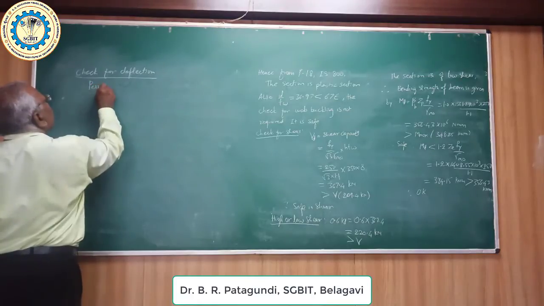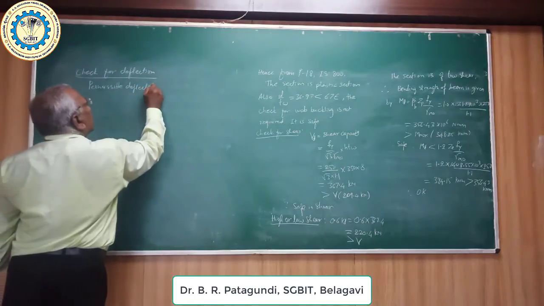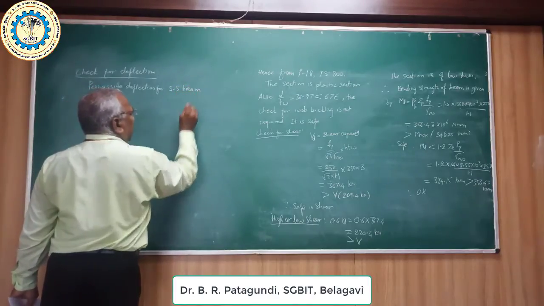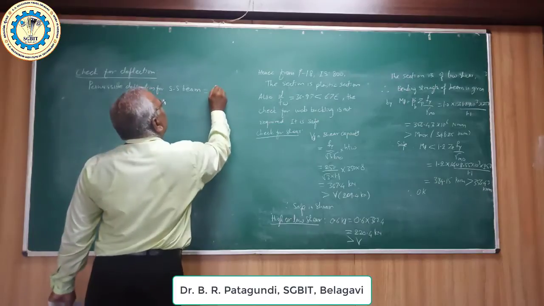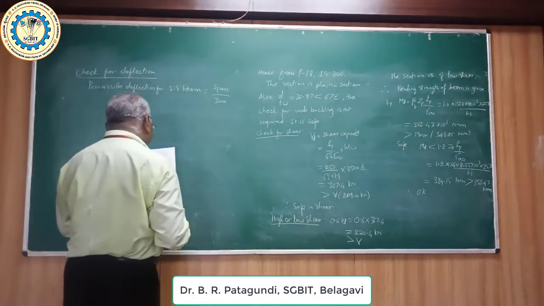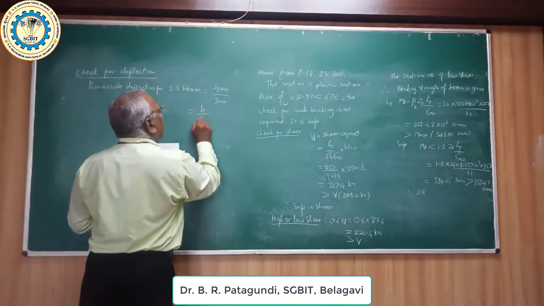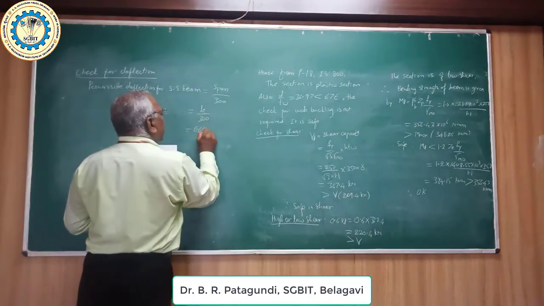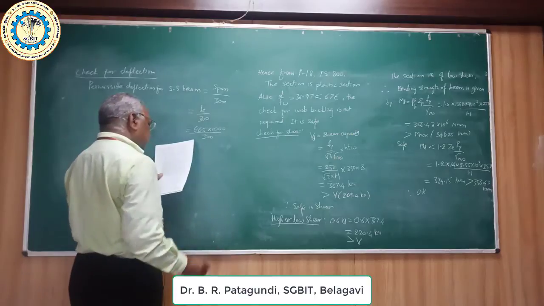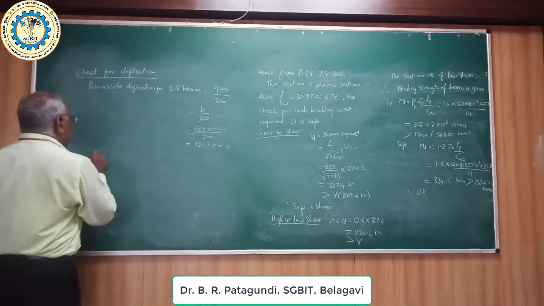Permissible deflection for simply supported beam is equal to span divided by 300. So it is equal to LE divided by 300. So 6.65 into 1000 divided by 300. So this is equal to 22.17 millimeters. Then actual deflection will be